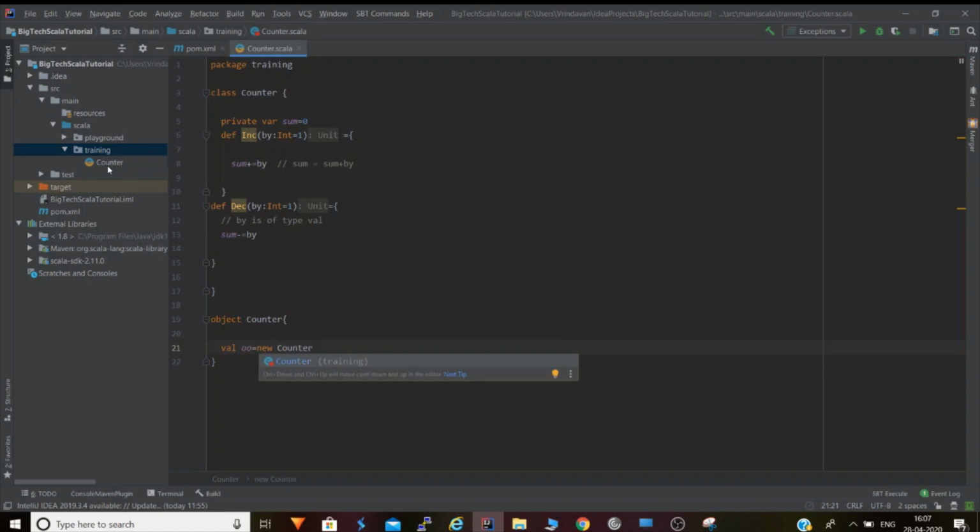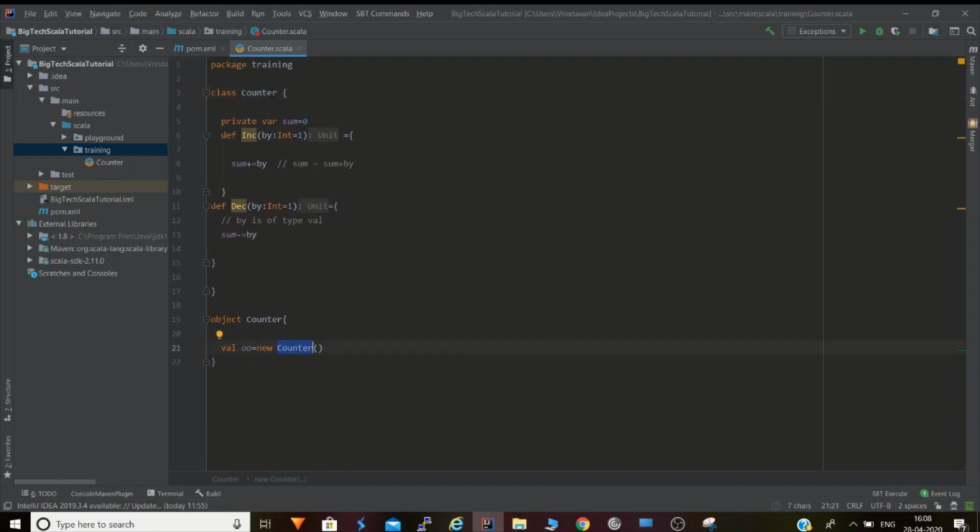So we'll implement this object Counter, and we'll initialize it. We have created an object of this type, that is Counter. So this Counter is this one.